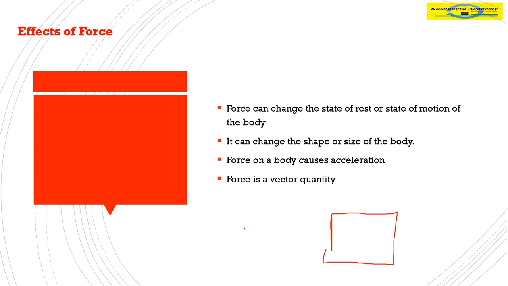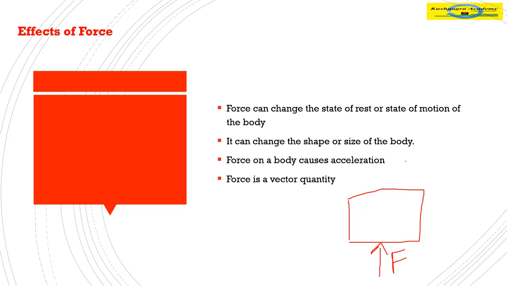Just like a box, if a force is applied in this direction, the box will start moving in this direction. Again, if a box is here and we are pushing it in this direction, the force F is applied in this direction, the box will start moving in this direction. Even though the magnitude of the force is the same, the result that we see on the box is different. Since with force we have to be considerate with the direction because the results are different, so we say force